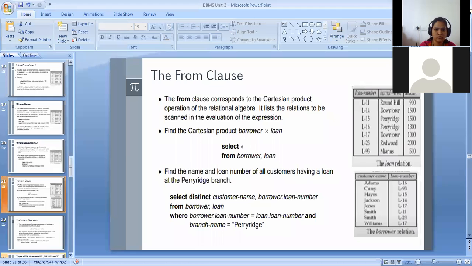Then the from clause corresponds to the Cartesian product. If you want to combine two or more relations and want output after combination of the attributes of two relations, then you can use the Cartesian product.